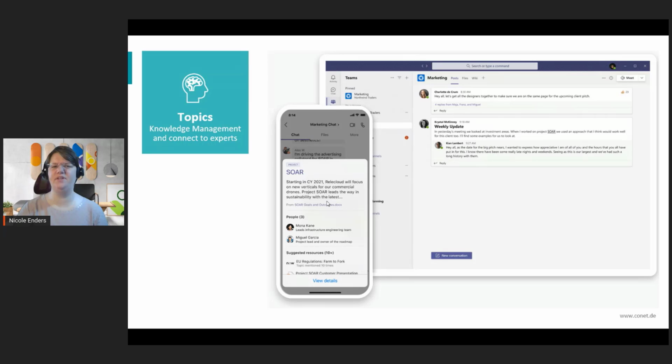So if you have some kind of glossary in your company, or if you have some special wordings and you need them, for example, for your customers or whatever, then you can go to the central location and add these topics, and then the AI component knows, okay, I have to look for these words also, and then you will get the links at the other places for these topics also.